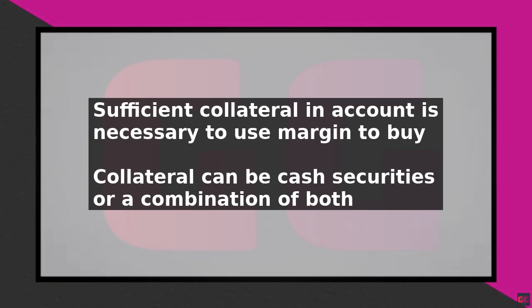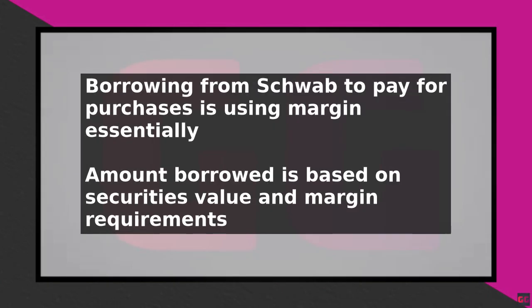For example, if you want to buy 100 shares of stock with a price of $50 per share, and the margin requirement is 50%, you would need to have $2,500 in your account to cover the purchase. This is because the total cost of the purchase is $5,000, and you need to have 50% of that amount